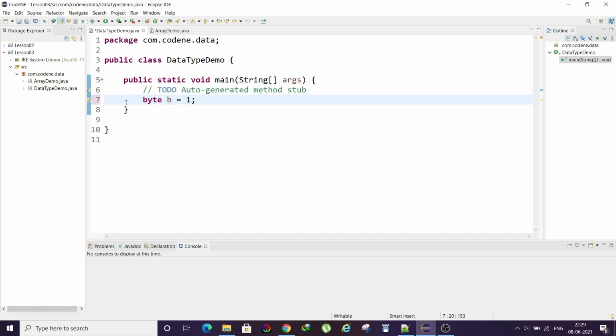Variable means it is a name which will represent a data type and have a value. Here the variable b is of data type byte and will have the value of 1. This is how in Java you can declare a variable of byte data type.